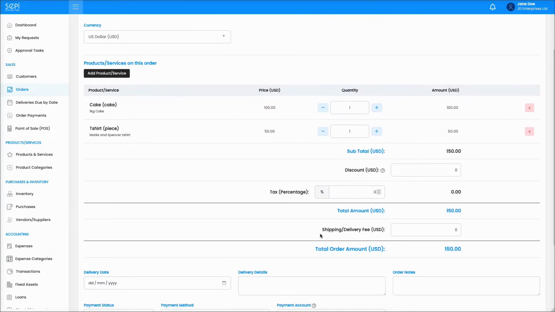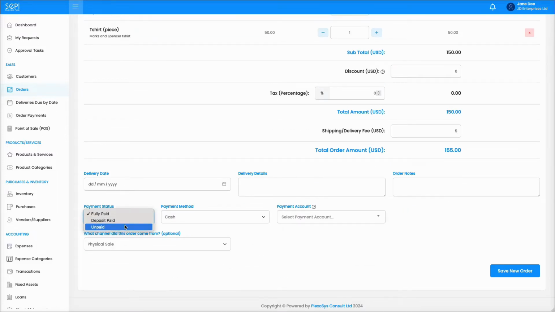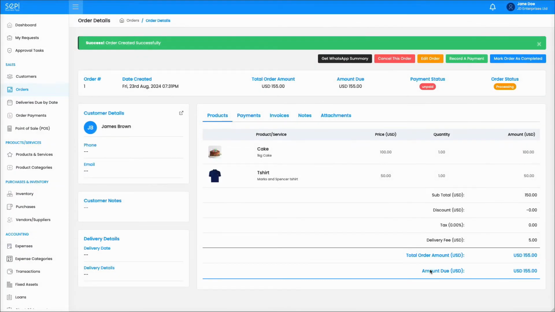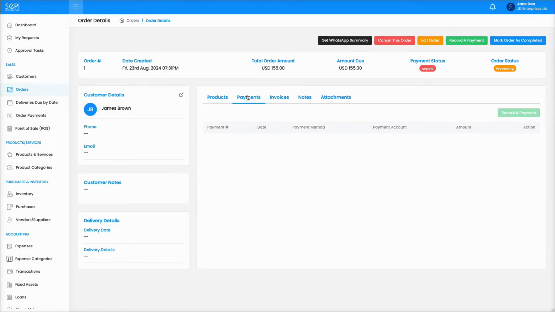Include any discounts, taxes, and delivery fees if applicable. Add the payment details and save. The order will be created and the order status will be processing. You will be able to see the order details including order number, order amount, payment status, customer details, products, payments,